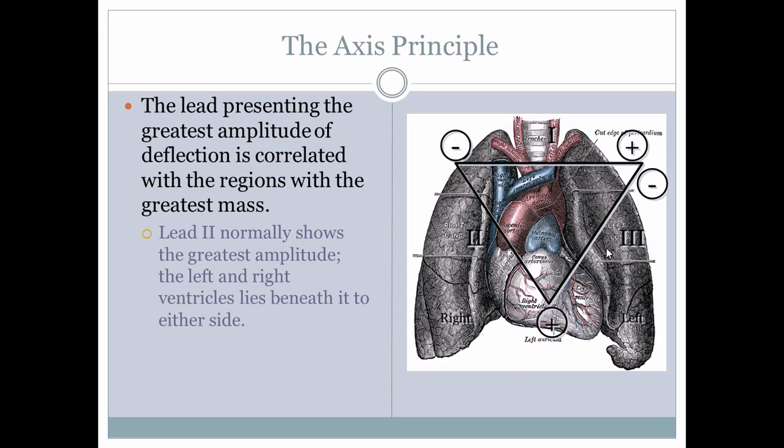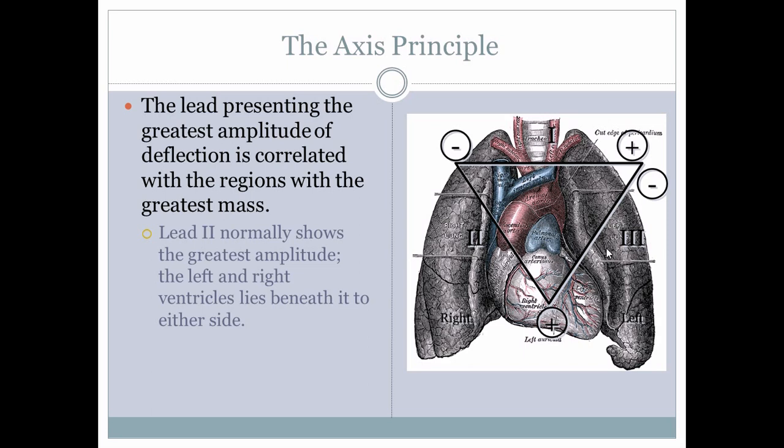Why does it have the greatest amplitude? It primarily lies between the left and right ventricle. Together, they comprise the majority of the mass of the heart. Depending on the size of each ventricle, you can have disparities in how the waveform appears. If you have an even split, lead 2 is splitting the ventricles basically in half into a left and right side. In some situations, you can have the left ventricle hypertrophic, and you will see